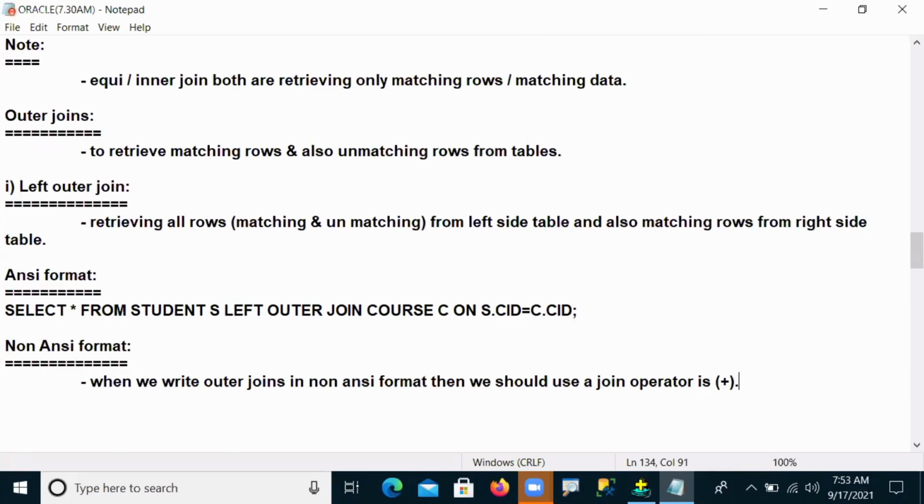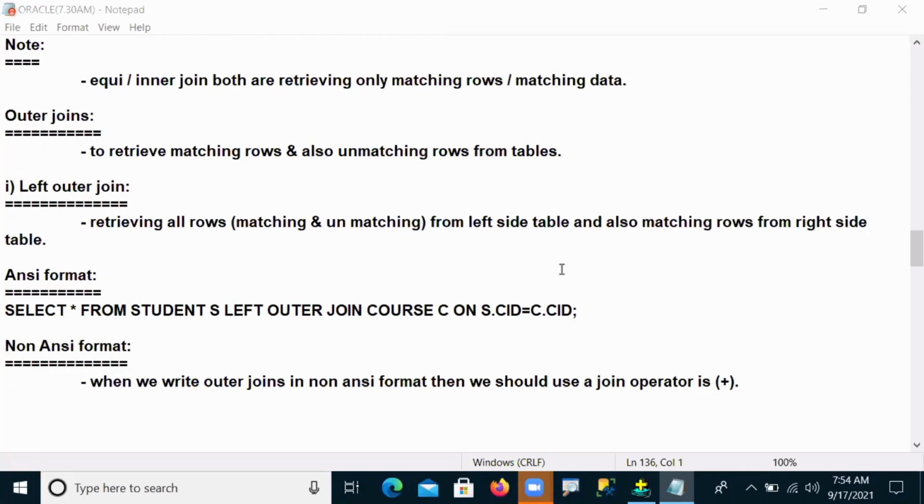And the join operator is called plus, with open and closing brackets. So this is what I require here. Now I'm going to use this join operator for writing the non-ANSI format statement.